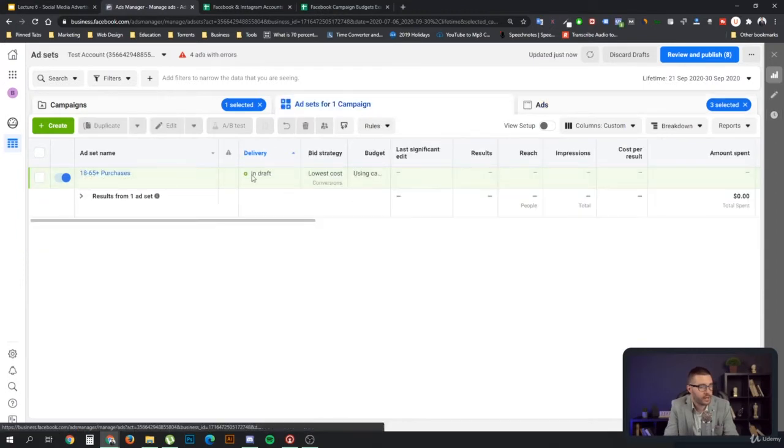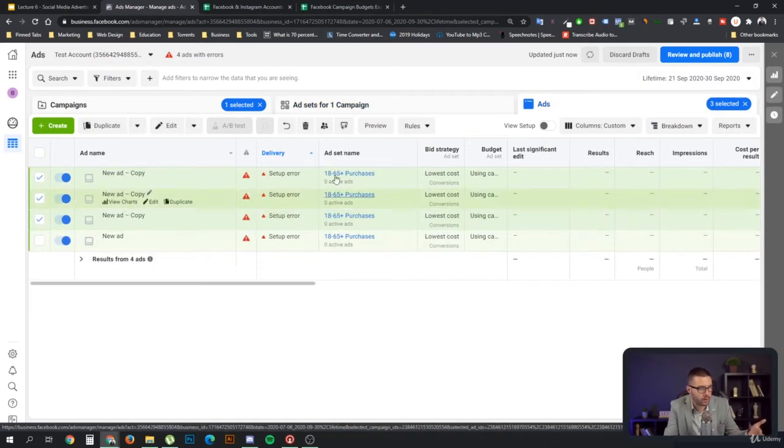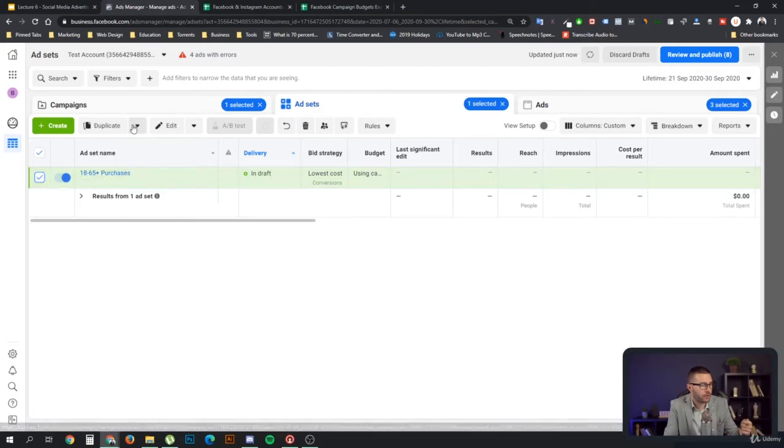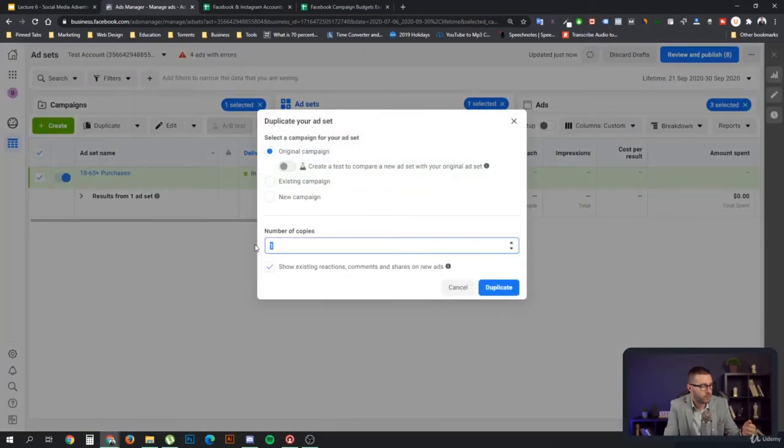Now, if we leave just one ad set, that would be just like creating a standard campaign, and that ad set will get all the $100 and they will be distributed throughout these 4 ads. Right? Makes sense. Now, if we, however, duplicate this one, and let's say we're going to make 4 copies of it,